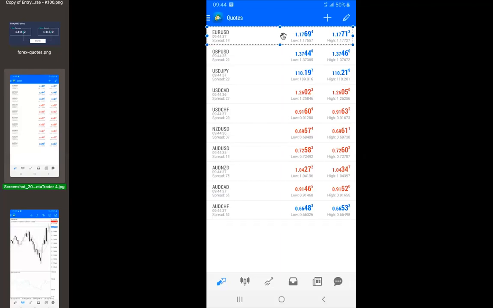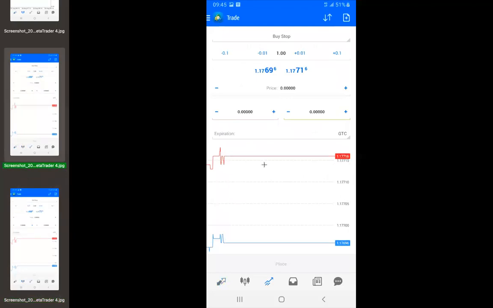To place a trade with it from here, you can just tap on it and a drop down menu is going to appear, and you can just click on trades. Then from there, you'll be brought to